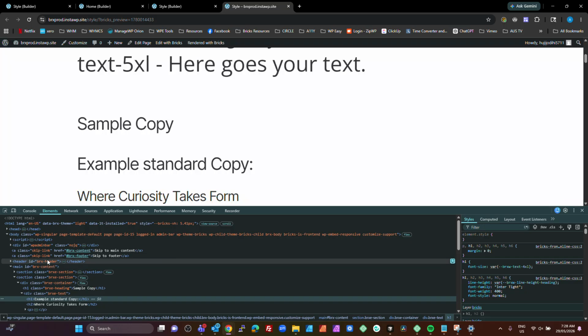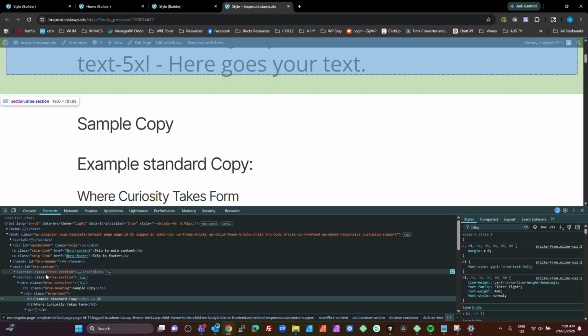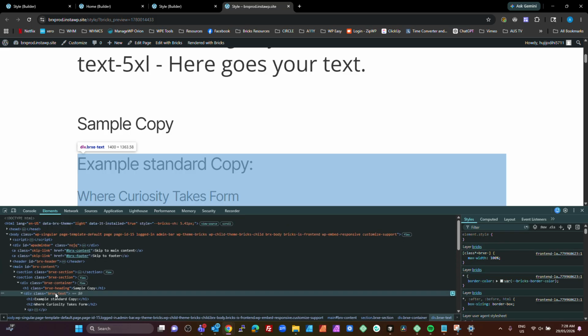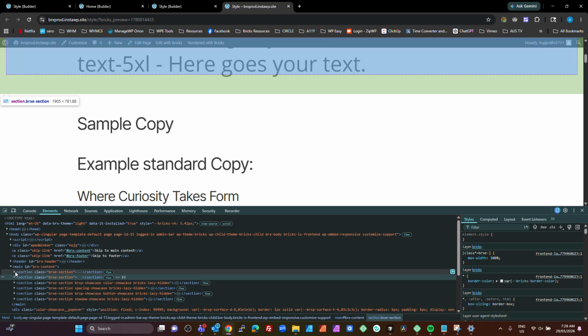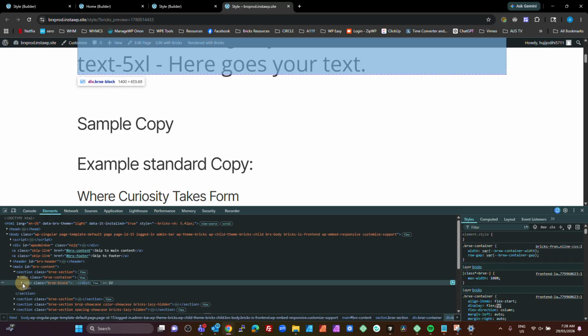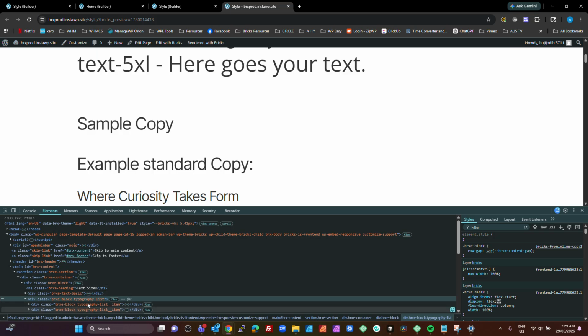Okay, what do we got here? Did we put any classes on that at all? Section H1. Maybe we didn't on that one. So let's have a look at this. Okay, so we've got a typography list here. So we've got a class called typography list, list item. Okay. So I'm going to go to my typography list and I'm going to say on this particular